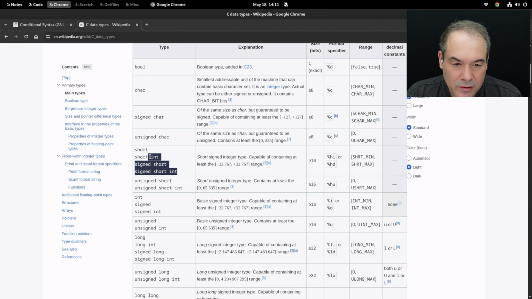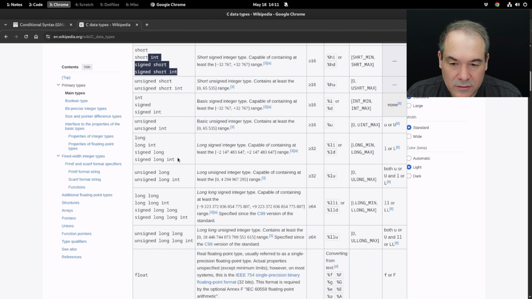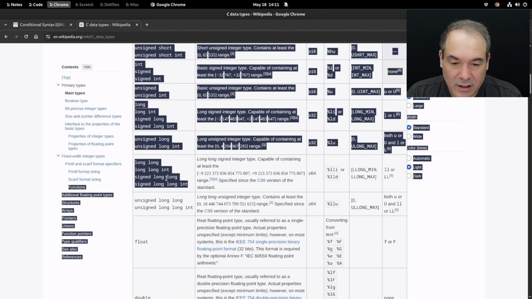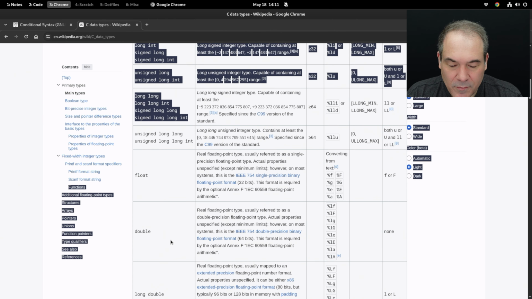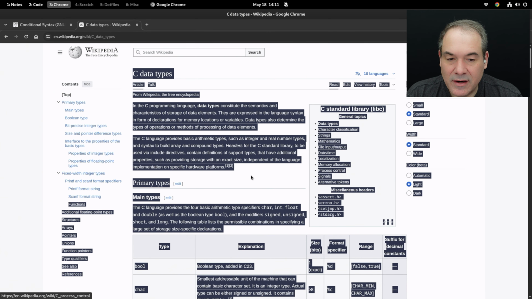All of the shorts are greater than or equal to 16, and all the ints are greater than or equal to 32, and all the longs are greater than or equal to 64. If you just treat them like their minimum size, they're actually straightforward. But I was pretty confident the standard now has, and I think it must be C23,